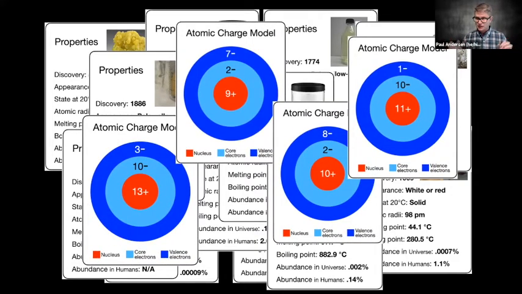So this is basically the simplest way we could look at an atom, where you just have the protons and then valence electrons with some core electrons. So what I'm thinking then, James, is, all right, what patterns do we now see tied to the charges in the atoms? And then I think they have enough background, they understand a little bit of this. Now I can introduce that hydrogen is a part of this, oxygen's a part of this, magnesium's a part of this. So now let's go back to the cards and figure out what we think is going on, update their models, and then I can do the experiment.